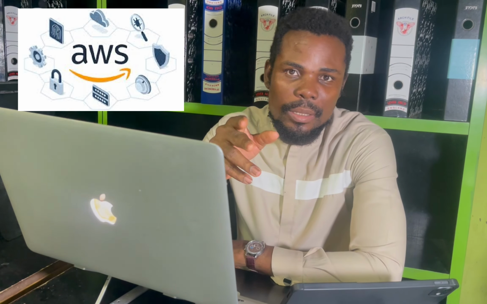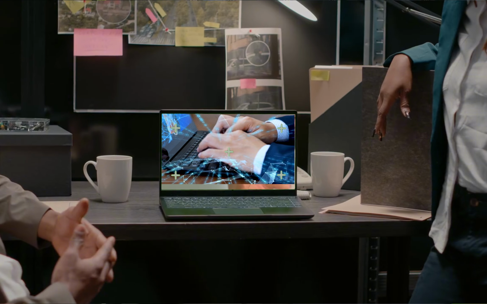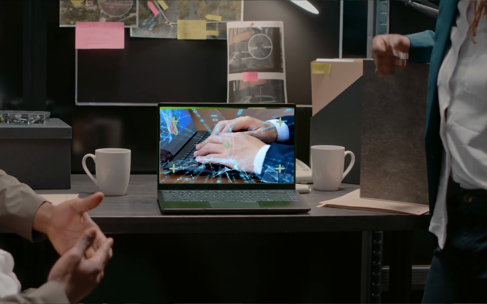AWS stands for Amazon Web Services. So in simple terms, AWS is a platform that allows you to rent computing, storage, and other tech services on the internet without having to buy your physical server. Before cloud computing, if you needed to host a website or run an application, you would have to buy a